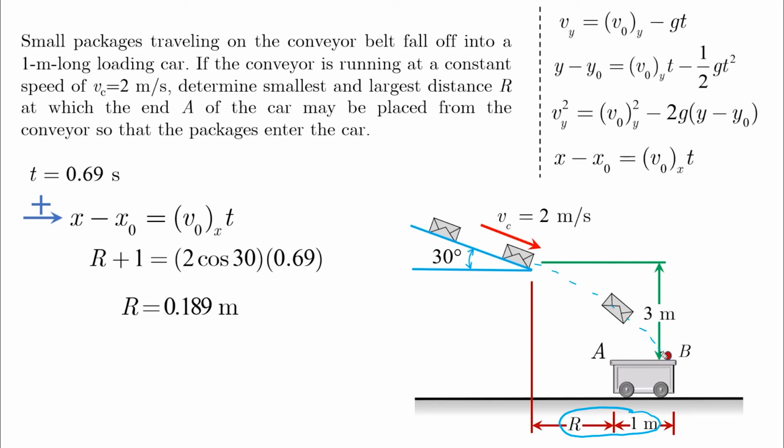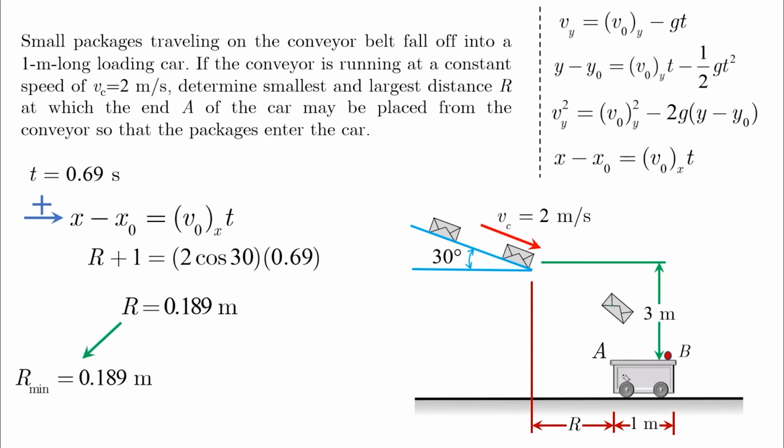Therefore, if we reduce this value of r, which is 0.189 meters, the package will fall outside the car, and it's considered as our minimum r. And if we push the car 1 meter to the right, the package will fall and enter the car from its left end. And the maximum distance now from the conveyor is r plus 1, or